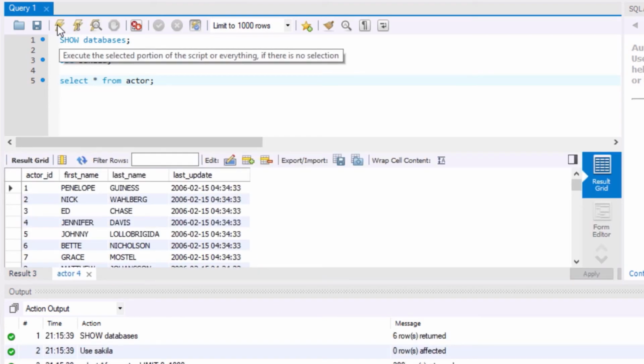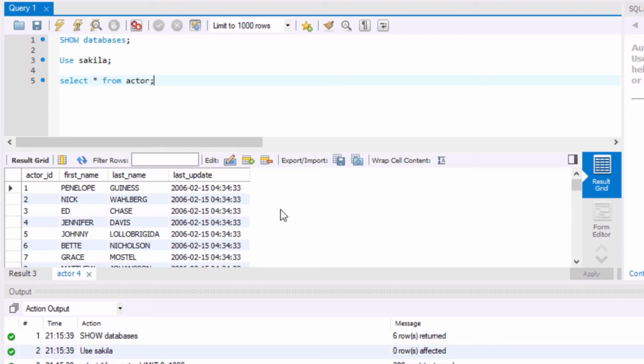I'm going to run the query. And once I have executed the query, as you can see, this output window always shows the output of the last query. Here, select star from actor has returned 200 rows. And this is not the only query which returns output.